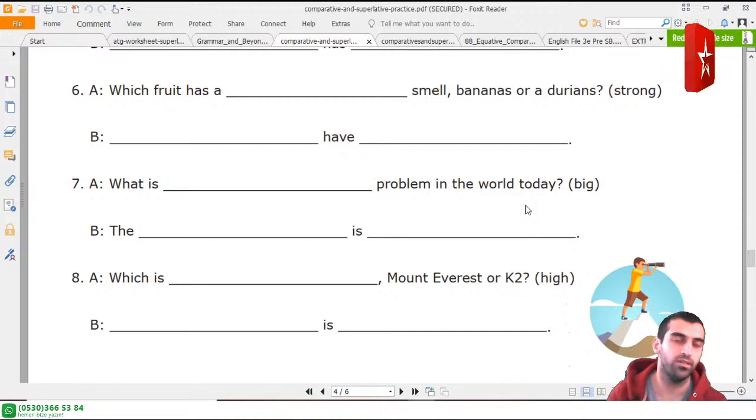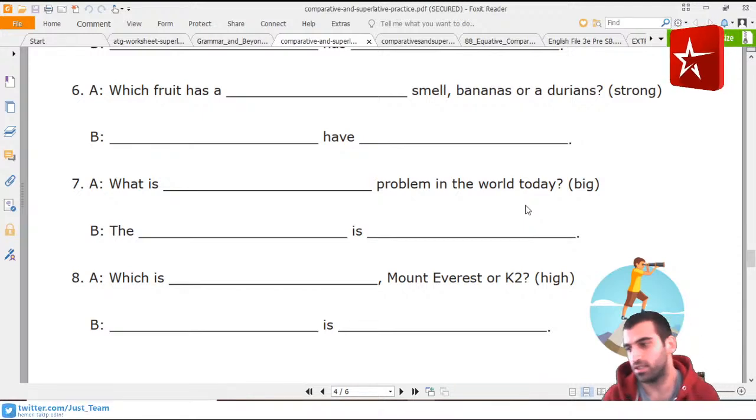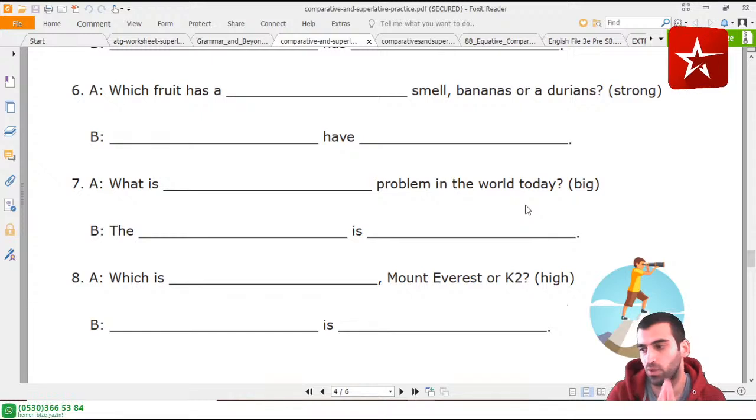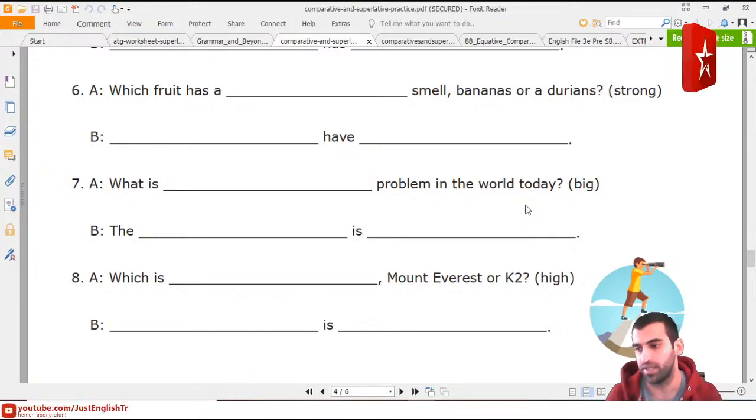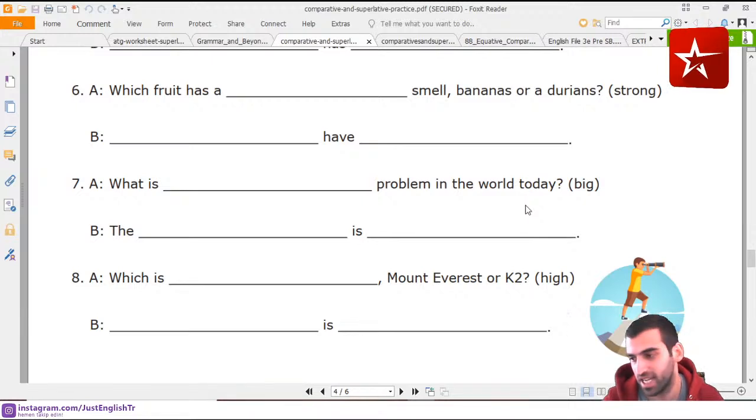So I know that you know banana, but I'm sure that you don't have any information about durian. Durian: a large oval tropical fruit with a hard skin covered in sharp points, yellow, orange, or red flesh, and a very, very strong smell it has. So banana or durian? Durian.